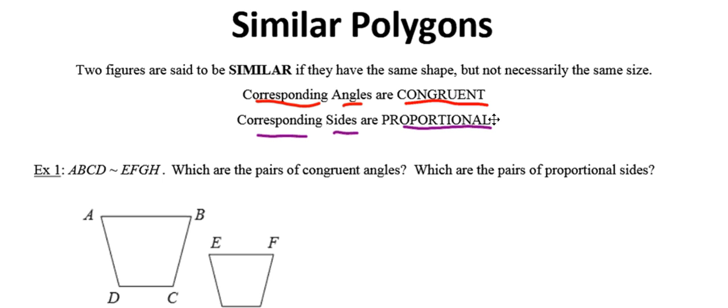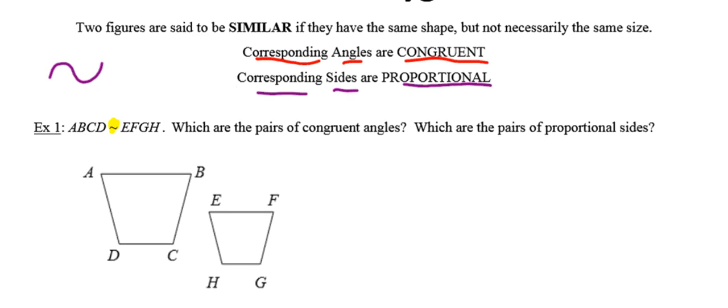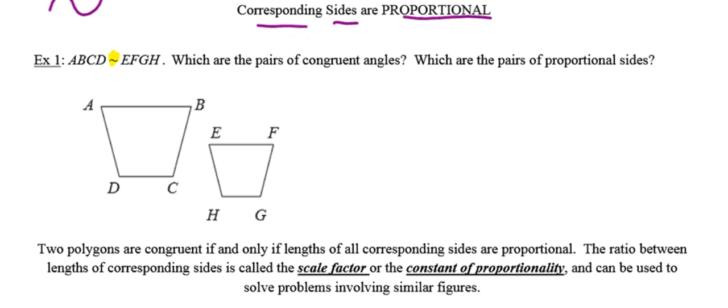to be congruent. The symbol that we're going to use to represent the word similarity is one that we're taking from our congruent statement. We're taking that little squiggle symbol, and anytime we see that little squiggle symbol, it's understood that that means similar. So in this first example, when I say ABCD is similar to figure EFGH, I know that they have pairs of corresponding angles that are congruent and pairs of corresponding sides that are